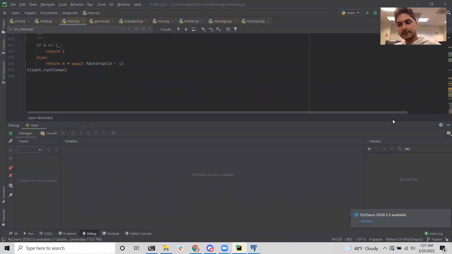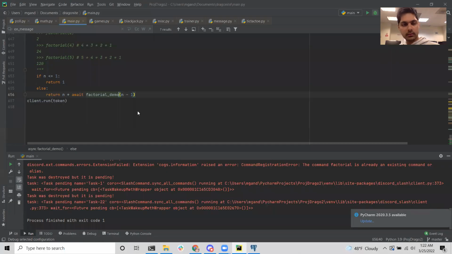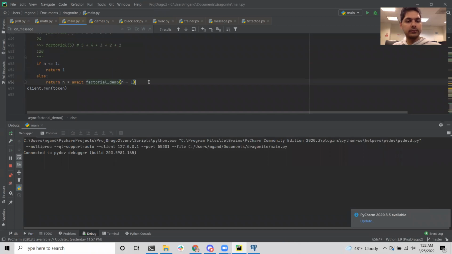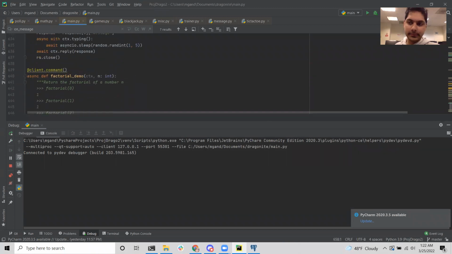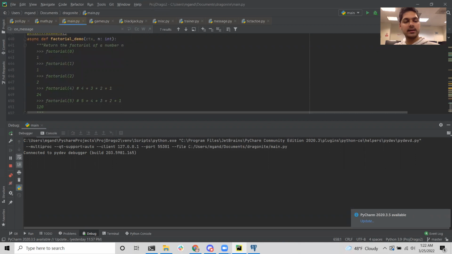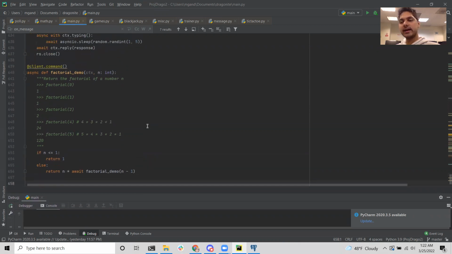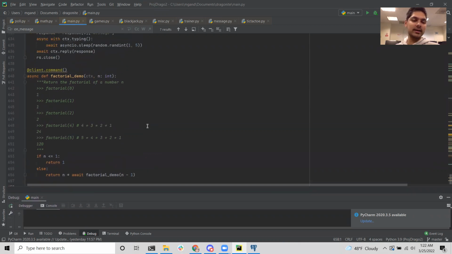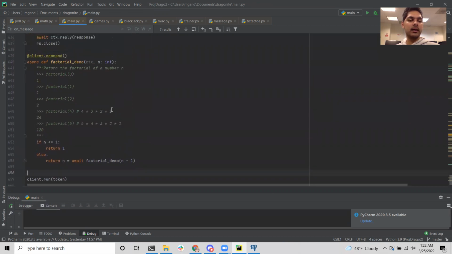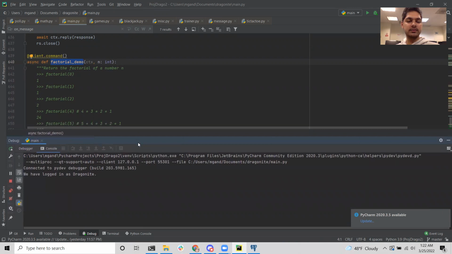All right, one second. Okay, so the problem with what I did is that you can't have two commands. I already had a factorial command, so you can't have two factorial commands. That was the error I was getting, so I've just renamed it. Make sure your command names are unique and you don't repeat yourself somewhere.